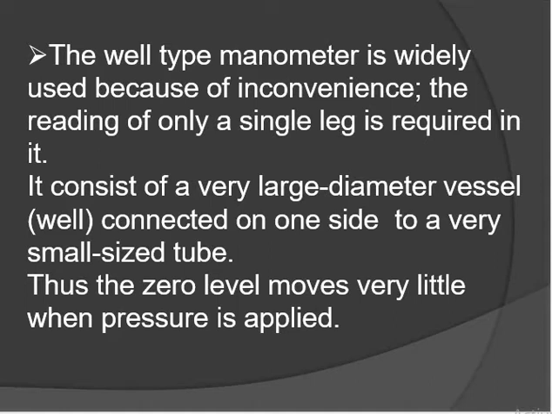There is a difference between a well and a lake. A lake is stagnant water and a river is flowing water. Even the sea is flowing water. Here in the well there is no flow of water, so atmospheric pressure is acting on it. With that atmospheric pressure we are going to measure the pressure. The zero level moves when the pressure is applied, and from zero we calculate how much pressure there is.